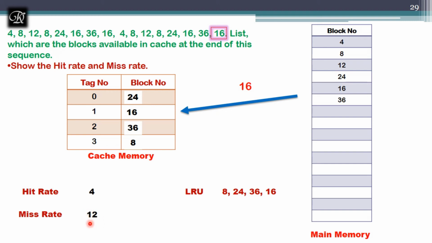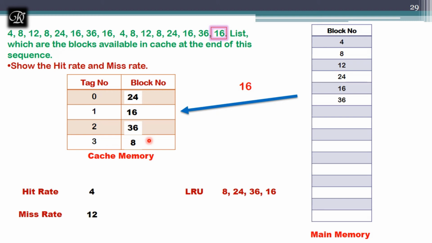Compared to the previous algorithm, direct mapping, in direct mapping we had 16 misses and 0 hits, but with the help of associative mapping we got more hits than the previous one, and we also got a snapshot of the cache where all the word lines of the cache are well utilized. Here there is no conflict miss. This is the advantage of associative mapping.